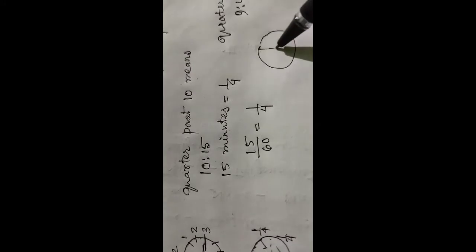And if we divide a clock into 2 pieces, then how many portions? The first portion will be 1 by 2, and the second portion is also 1 by 2. That means